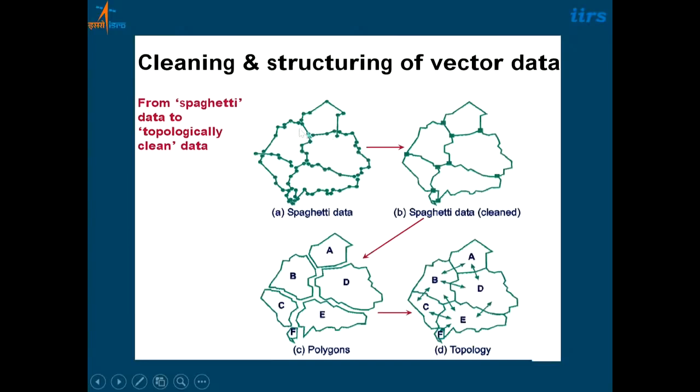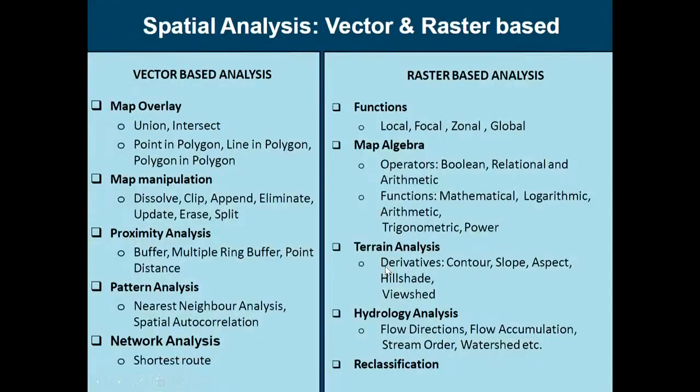Again, if you see it here, this kind of polygons are there. These need to be cleaned up, like spaghetti data. Similarly here, the data can be in different kinds of polygons, but we need the topology also. What is to the left of B, or to the left of A, is D. So this left and right information becomes how the polygons are connected with each other. That forms the basis of the topology.